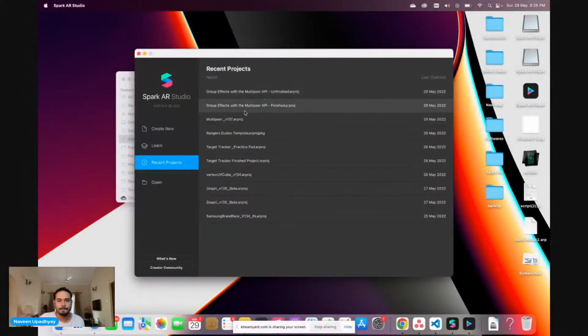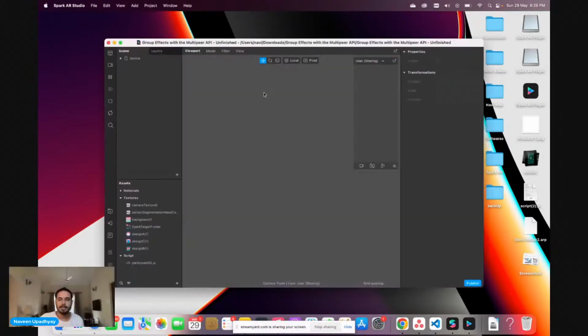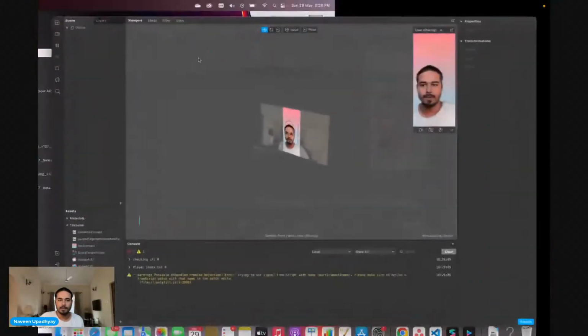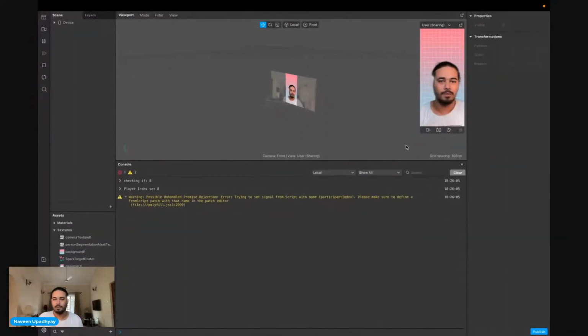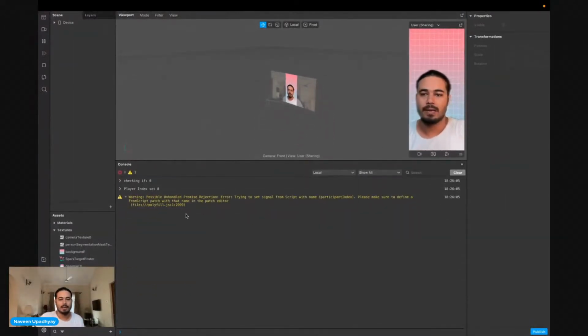Okay, let's start with the unfinished project. I hope everybody can open the project because I'm going to tell you something very unique, which you might not have faced yet because we have not used a script so far. I've included this participant id.js script. The script is to make that connection between different users on a video call, and this script outputs a user id, a particular user id that you can use to identify which user it is.